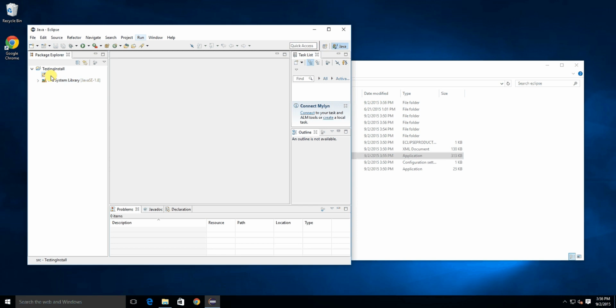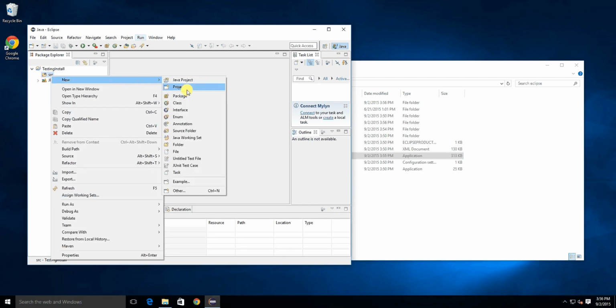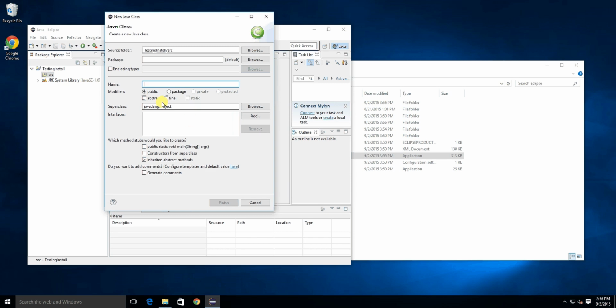I'm going to right-click on my source directory, choose New, Class, and I'm going to make sure that this public static void main is selected. And I'm going to just call this Main. If you don't know what any of this does, just stay tuned for whatever your professor is going to teach you or whatever my courses are going to teach you, because they will be explained. But this public static void main essentially says, hey, when I run my application, this is where I want you to start running my code from. So I'm going to hit finish,